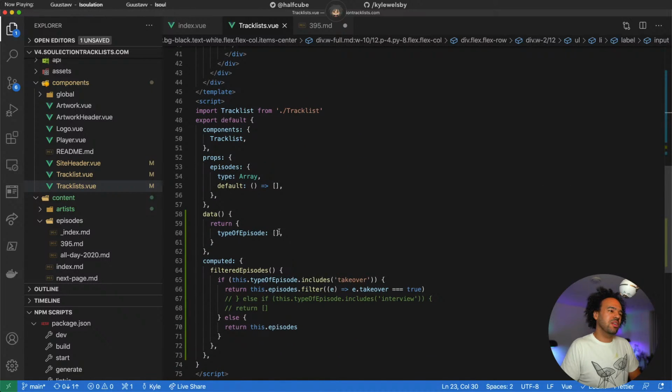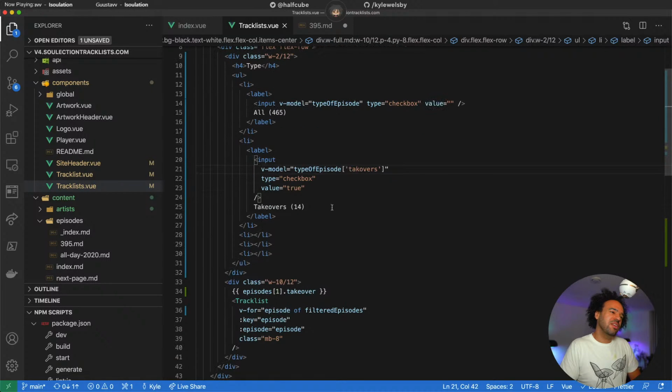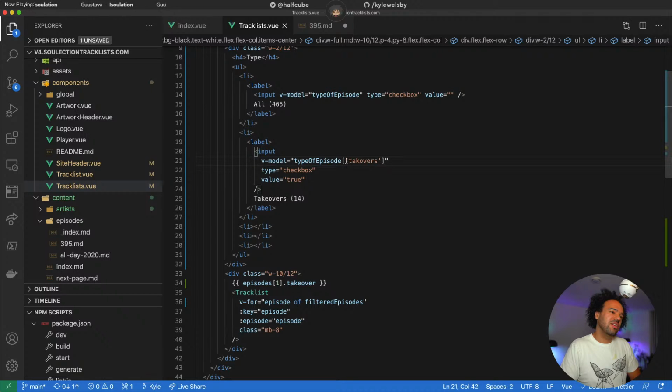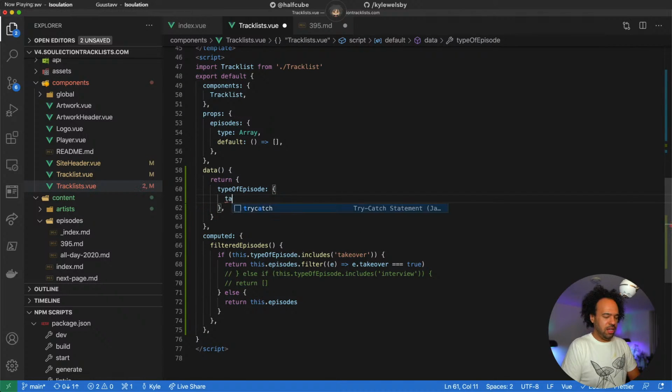That could work. But I don't like that. That doesn't feel too great to me. Because what would happen with that is I would have down here an object and say takeovers.